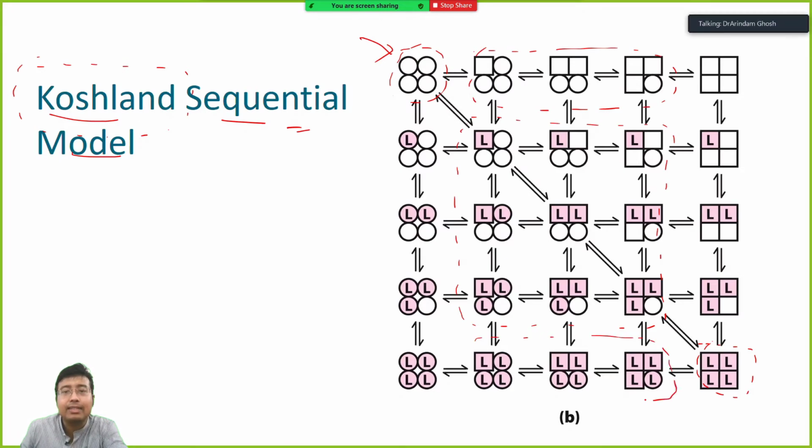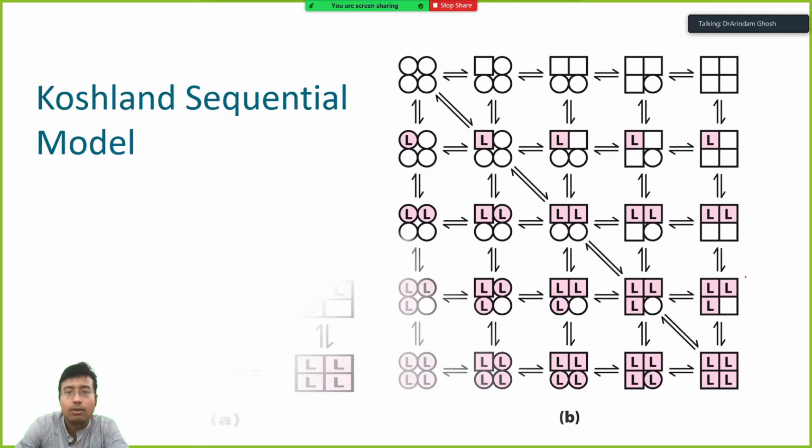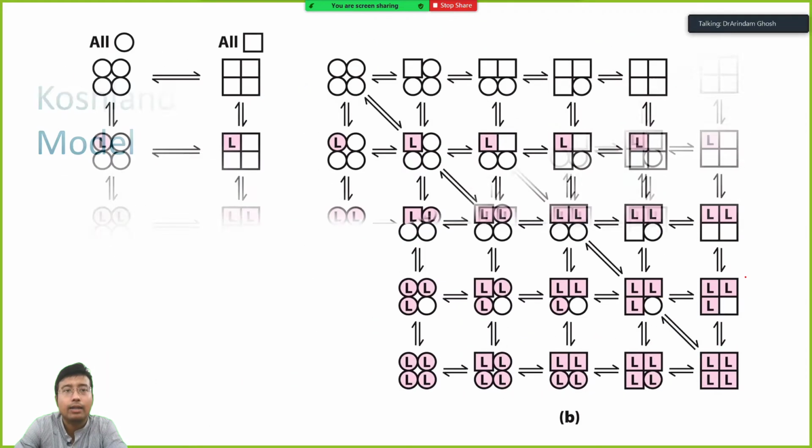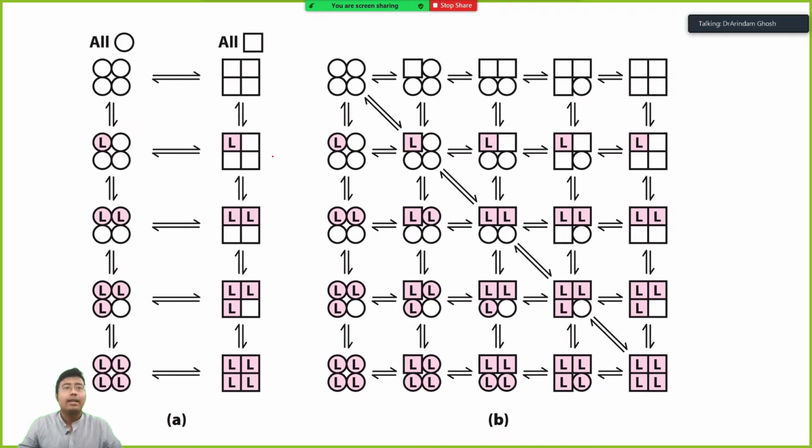So basically these two models are not mutually exclusive, right? If you just consider this side and this side, it is just the same. If you just look at the two diagrams, it is just the same. Everything is in equilibrium. If this is more, it will lead to formation of this, what was there in the MWC model. But in addition, it will also lead to production of these two structures. So there are multiple more intermediates.